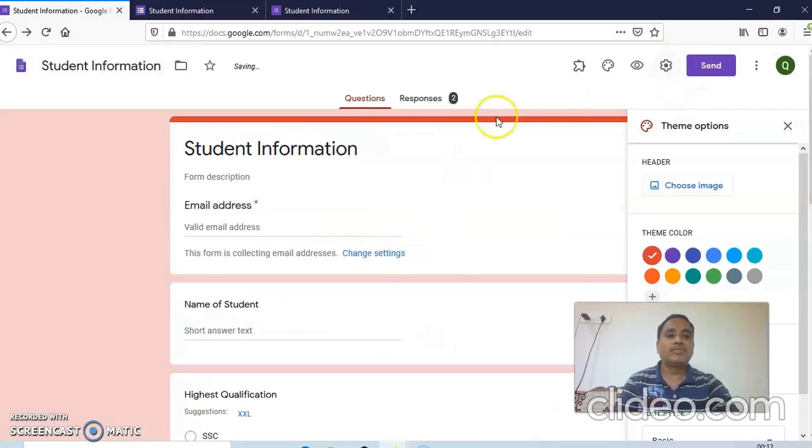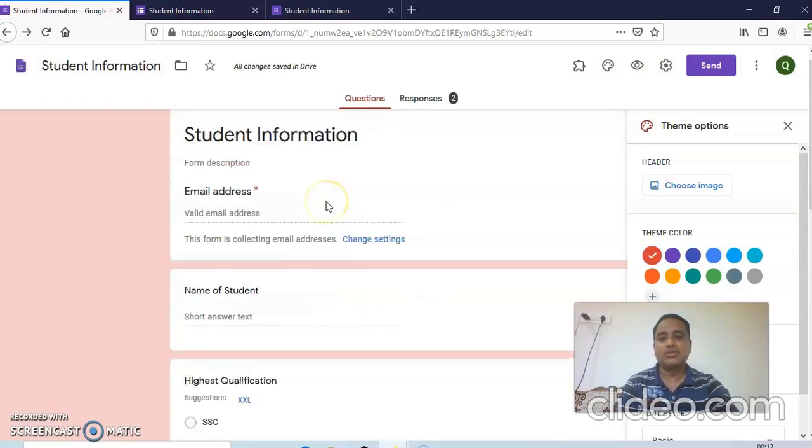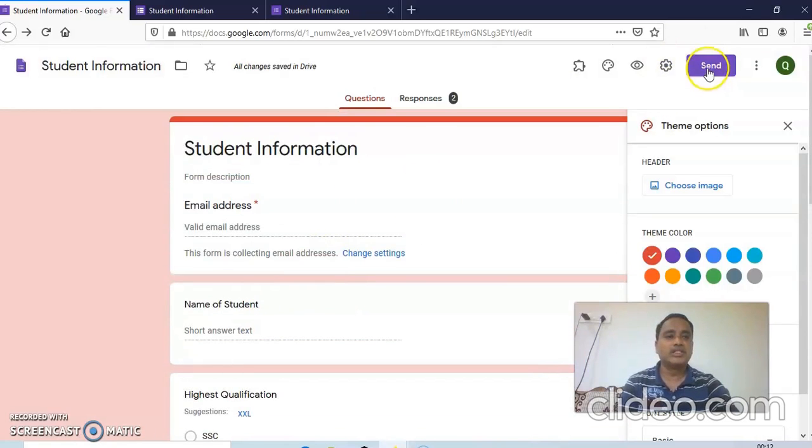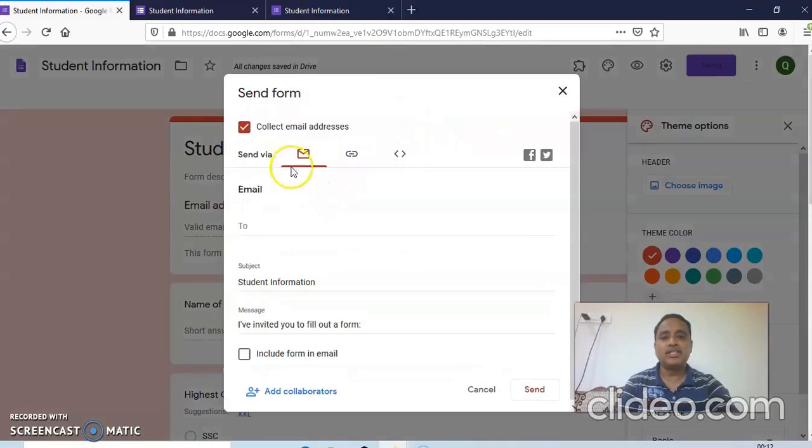Now here, if you want to send this form to another, so many persons, students, then you have to go for what? Send. So here the send option is there. So when you click this send, you can send to email, means those persons who want to fill this form, or when we want to use this form for all persons, you just have to write the email IDs.